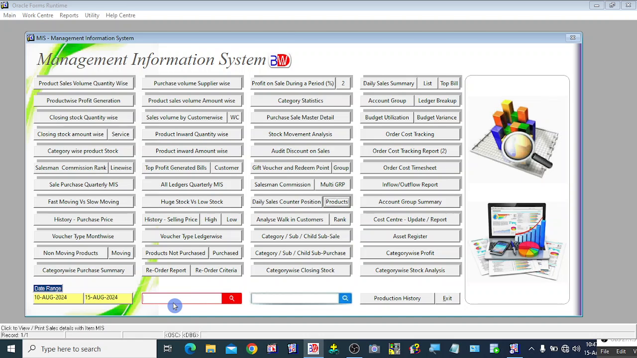There are a number of various MIS reports available in Brainweaver's E-Trade Retail Management System. We will see them one by one